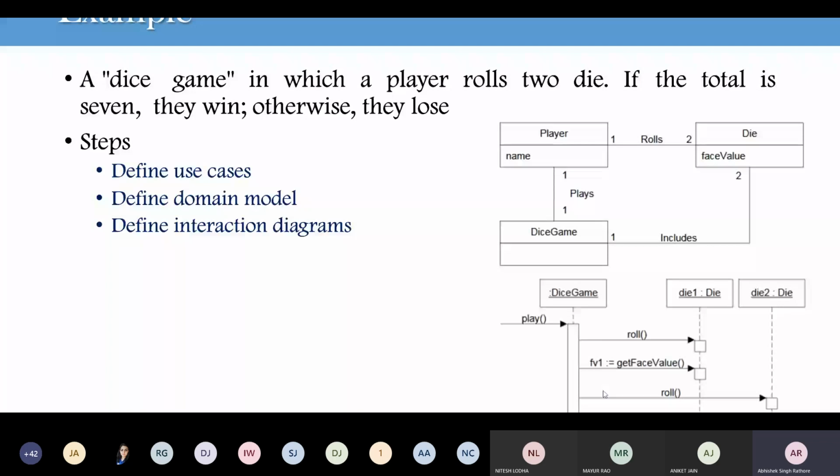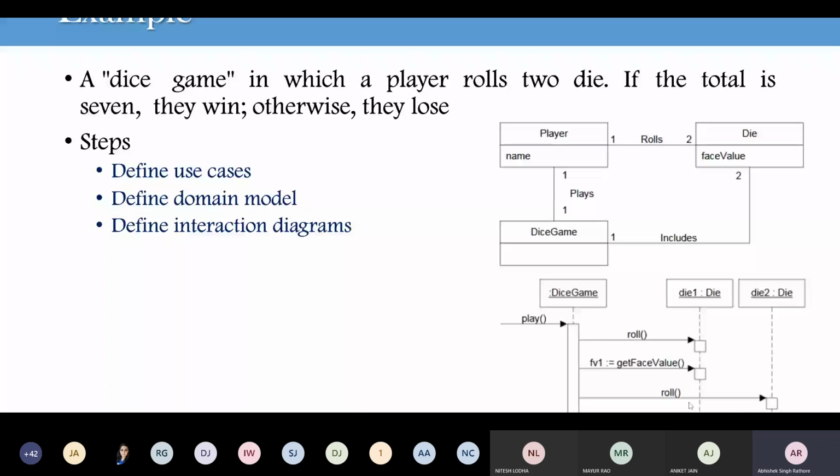So we are rolling two different dice, and then we get the face value from die 1 and die 2.